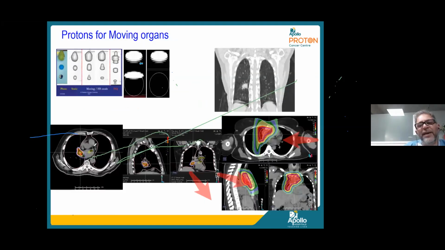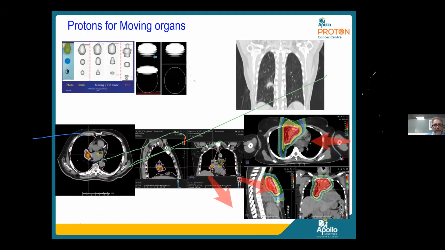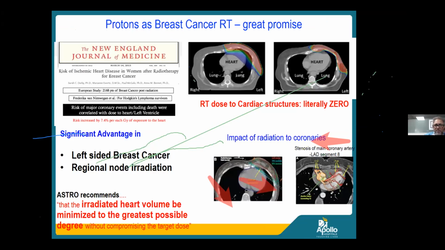Some of the data from MD Anderson, for example, in lung was negative because for the vast majority there was a learning curve, and they used passive scattering. With the modern proton therapy, which I showed you some of the technical advantages of, the second generation trials, which are ongoing at the moment, are likely to be more in favor as compared to the previous trials. Many of us believe that in breast cancer also, it might make a difference, especially when you have